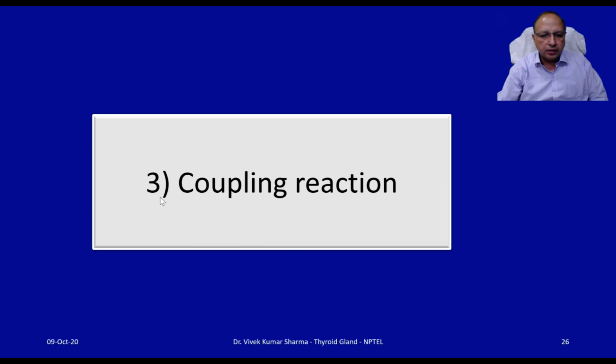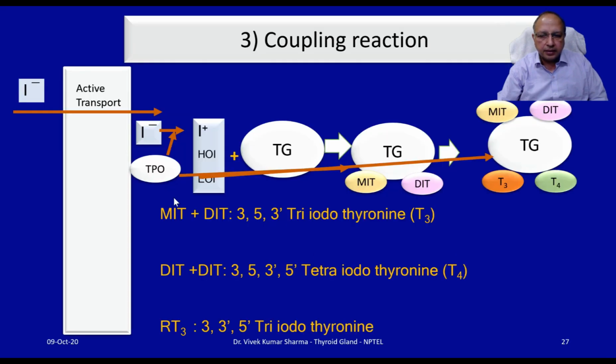Then we get into the third step, the coupling reaction. In the coupling reaction, MIT and DIT couple together to give rise to T3 or T4, the triiodothyronine and tetraiodothyronine hormones. So when one MIT couples with one DIT, it gives rise to the production of